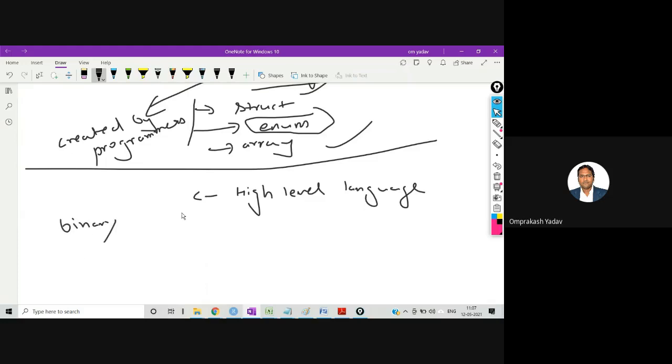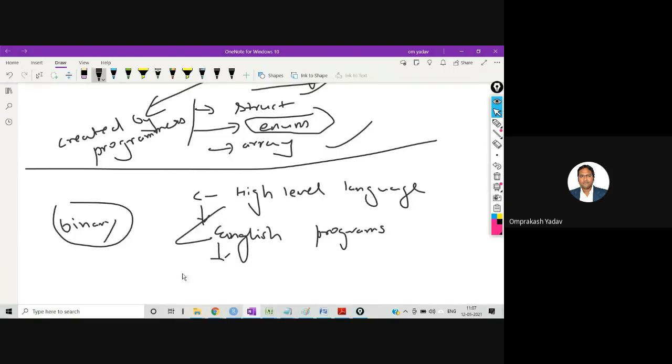Since C is a high level language, if we write any code in C, in English-like words, the computer will not understand this language, because it only understands binary. We will require a tool which will convert this high level language to binary language.